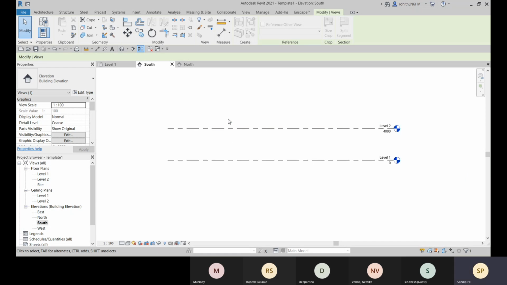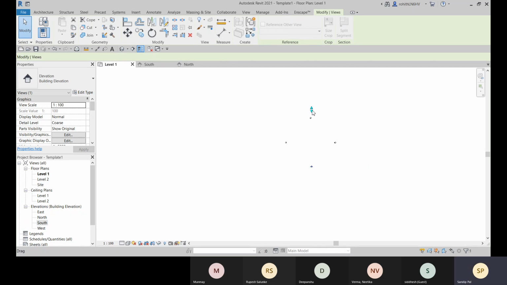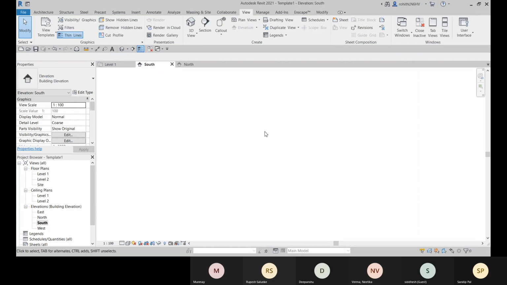Yeah. Now you can see, right? All these levels are included here. Now, okay, nothing is included now.